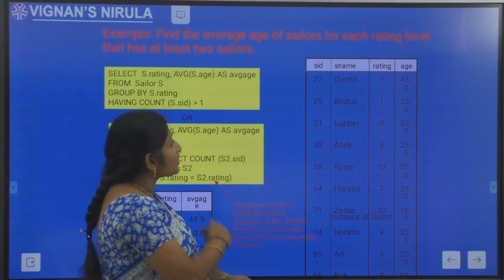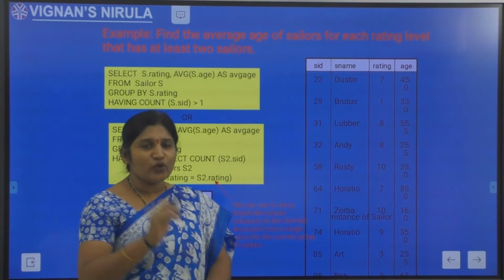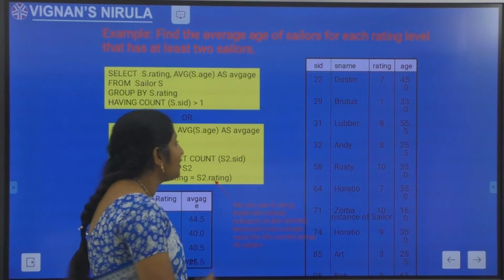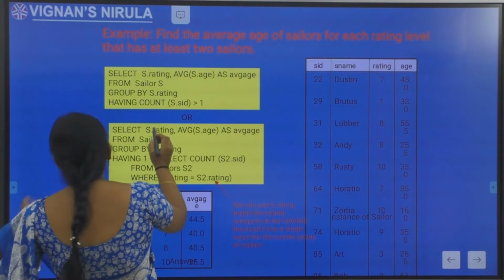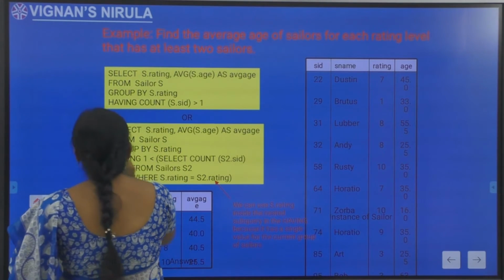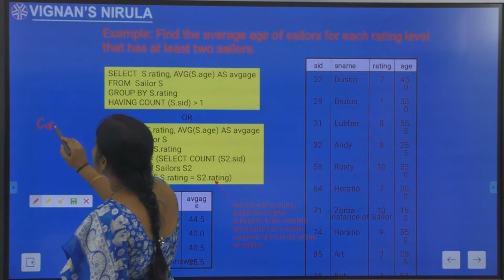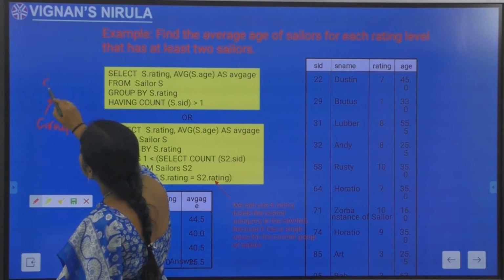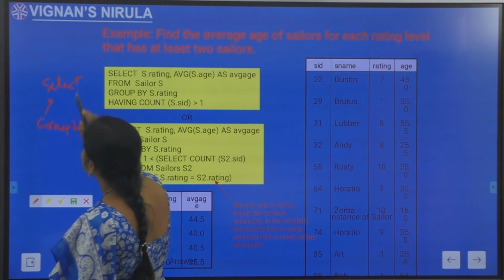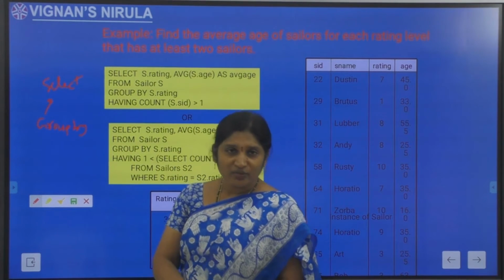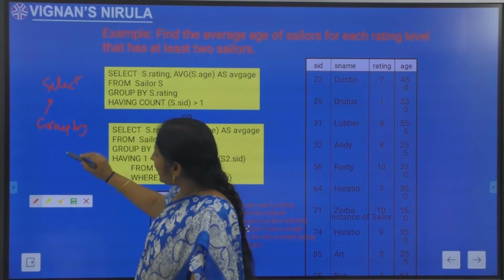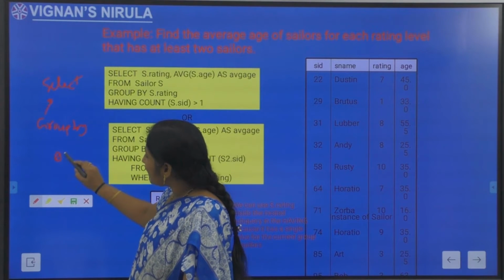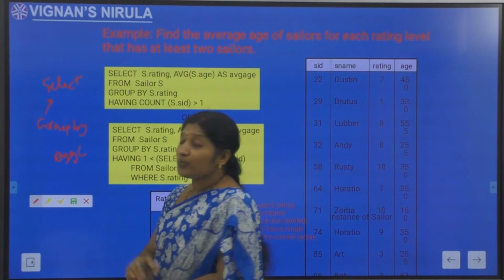Before we do the conceptual evaluation strategy, one important point here is that whatever attribute appears in the group by clause is the only normal attribute eligible to put in the select clause, or you can have any other attributes applied with aggregate operators.